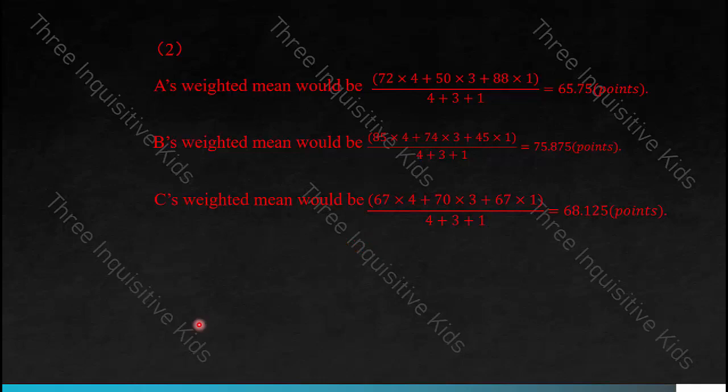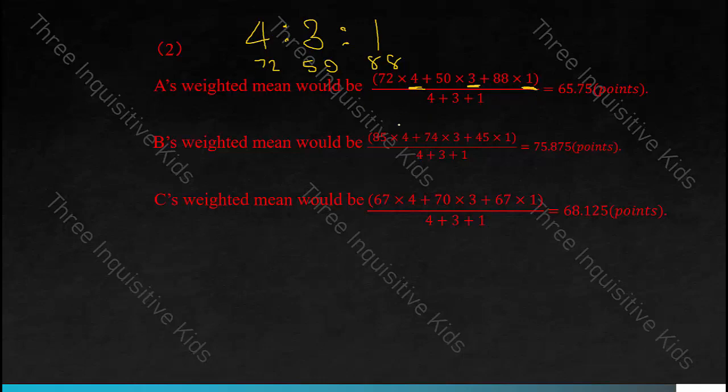So A's weighted mean would be 65.75 points. And let's see how the slides did it. So A's first score was 72. And remember, the ratio is 4 to 3 to 1. So since A's first score was 72, this 72 was multiplied by 4. The second score, 50, was multiplied by 3, and 88 was multiplied by 1. And then, of course, divide by